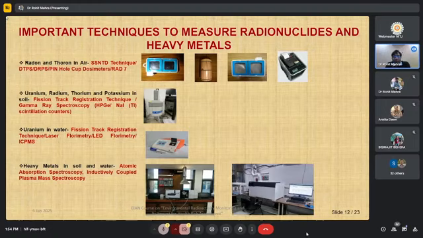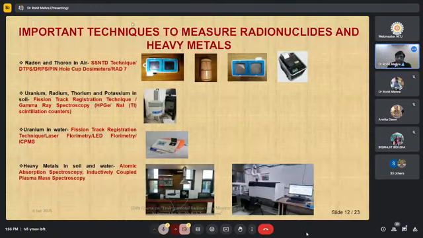We can also study the uranium in waters, and this instrument which is shown here is an LED fluorimeter. But we could have very advanced techniques also apart from this LED fluorimeter, that is the ICP-MS, inductively coupled plasma mass spectrometry, and even with the help of an AAS, atomic absorption spectrometer, you could measure the uranium in water. And similarly, the other heavy metals you could measure in the different water or soil samples, which